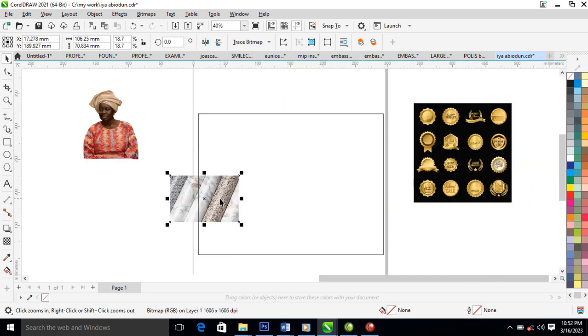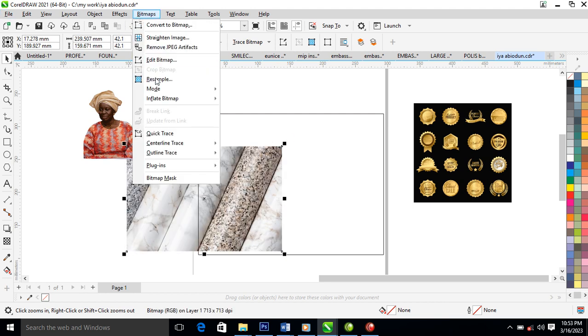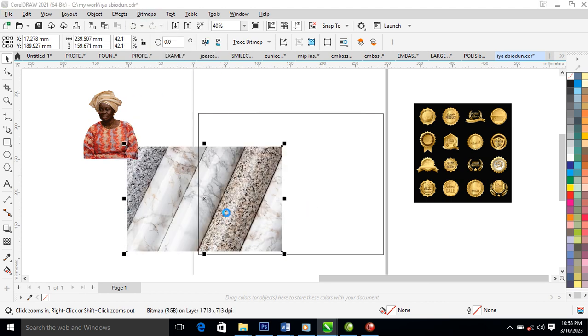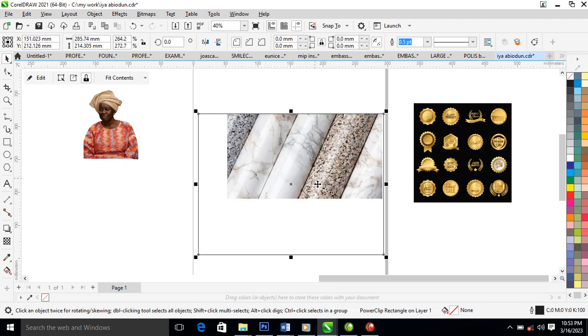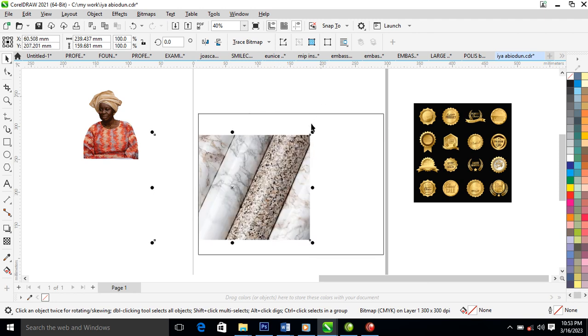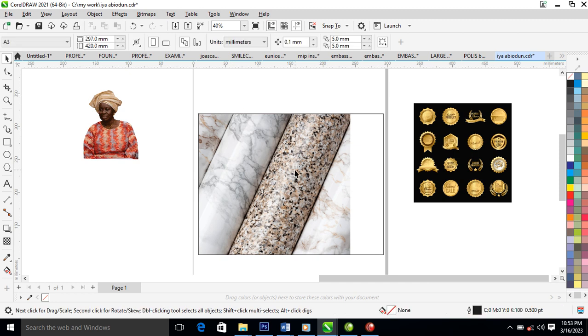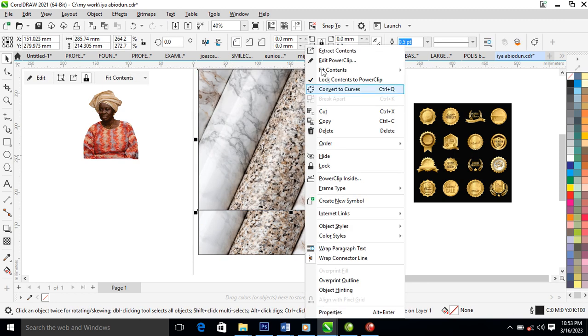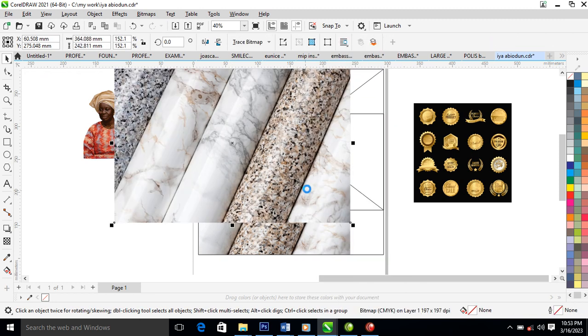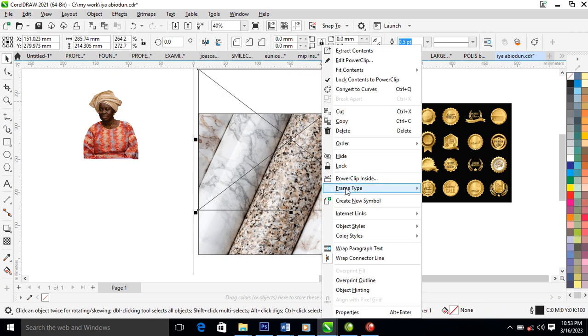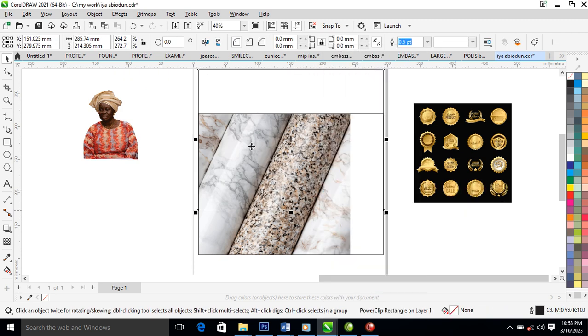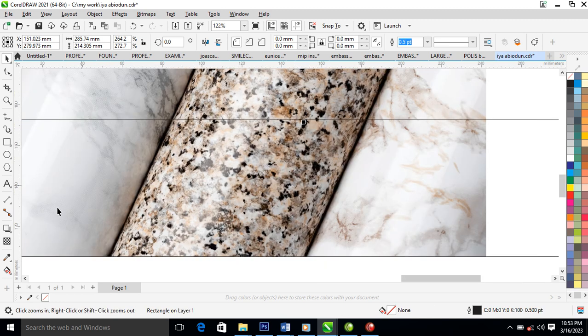Let's convert to bitmap. Good. Let's clip that into place. Let's make it bigger, just like so. After that, let's make a copy of this layer, extract the content by right clicking on the other object, then you right click, locate frame type, remove frame type, then let's sample the color